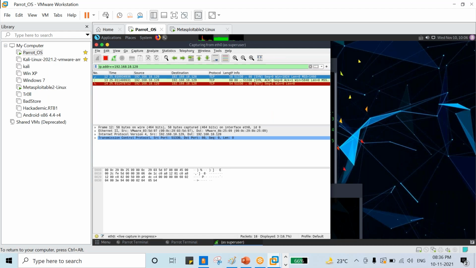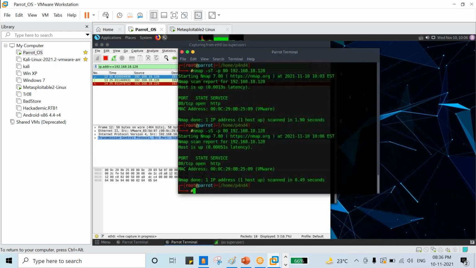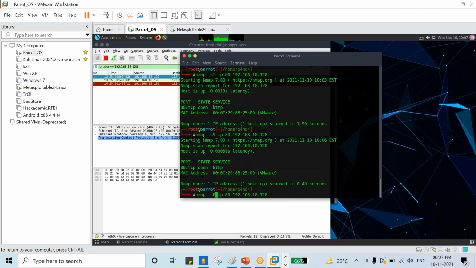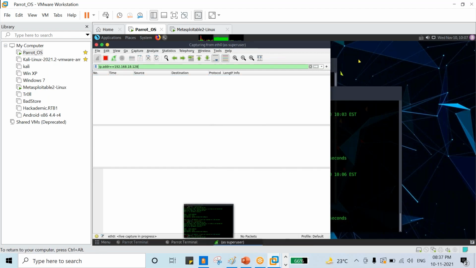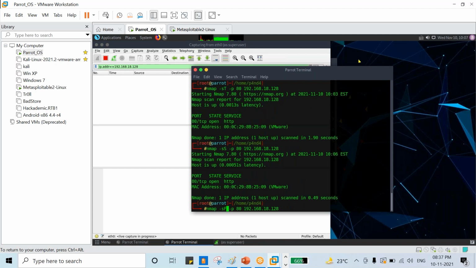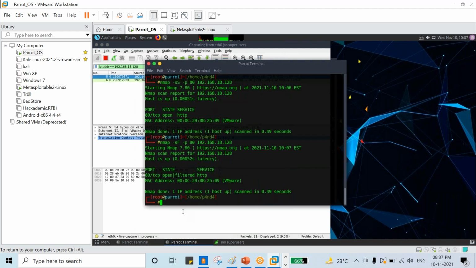Yes, right? Now we'll go with our third scan. What is our third scan? Capital F, right? Yes, I will stop this one. Now I will show only the FIN scan. So when I'm just hitting enter, you can see the reply. So in the FIN scan, what will happen? Whenever you are sending the FIN, there is no reply from the server, right? You can see. Yes. Now we'll go with another scan.